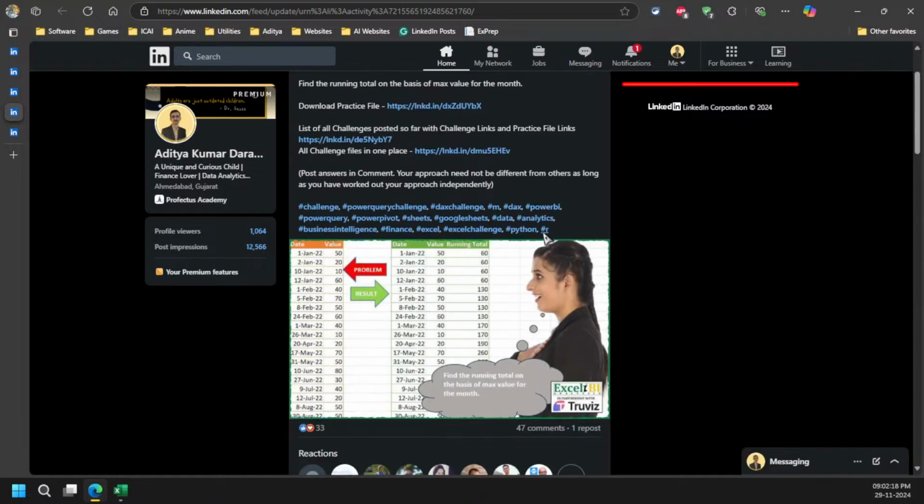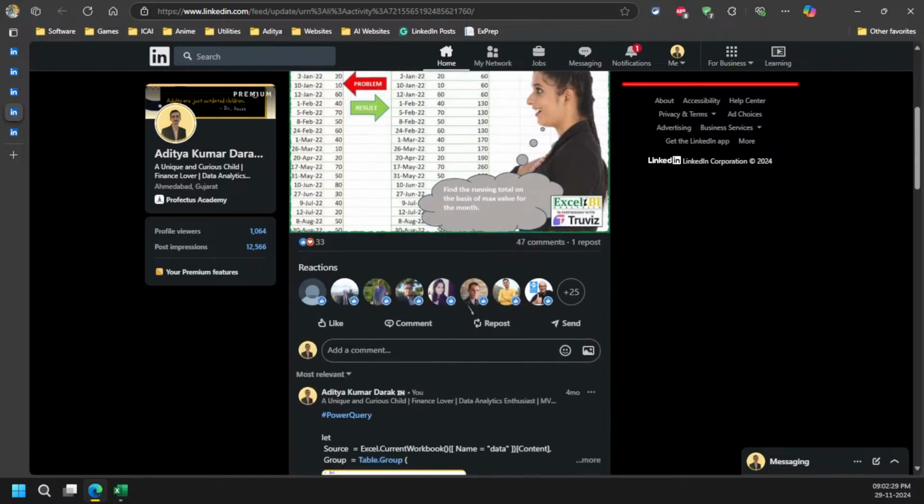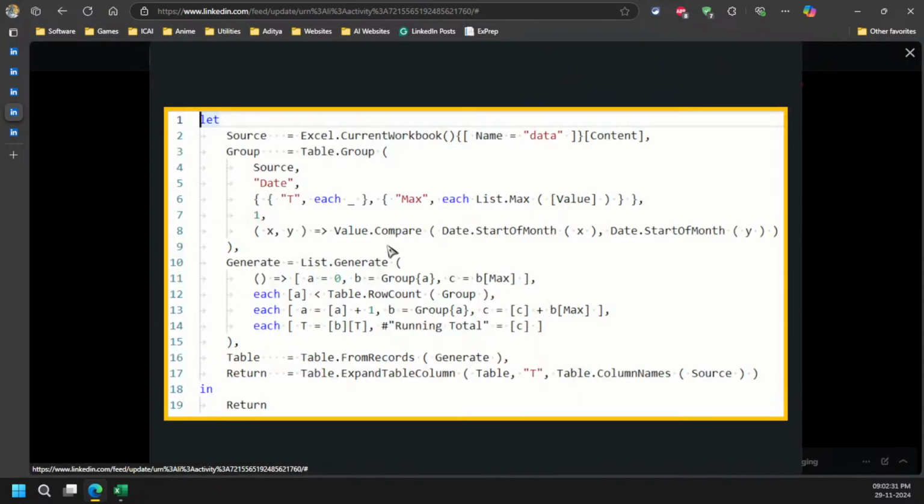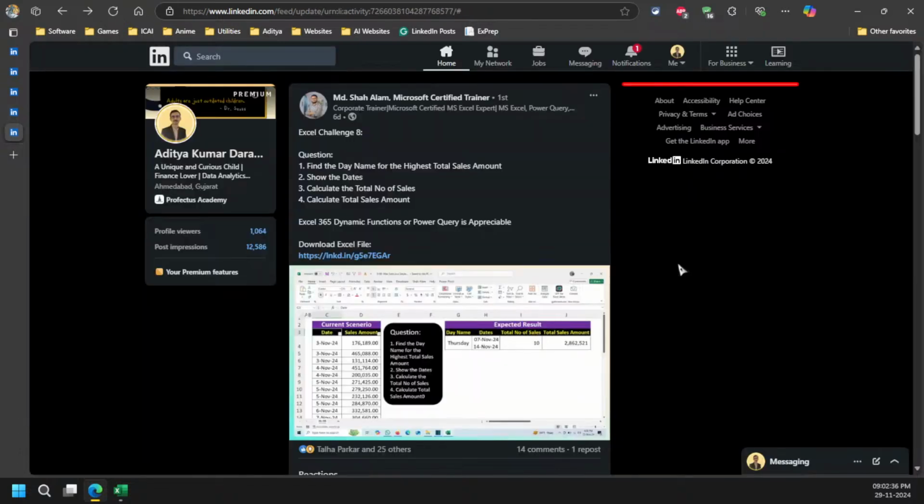And then there was an Excel BI challenge, where we needed to make a month by maximum way running total. Again I used this Value.Comparer function.